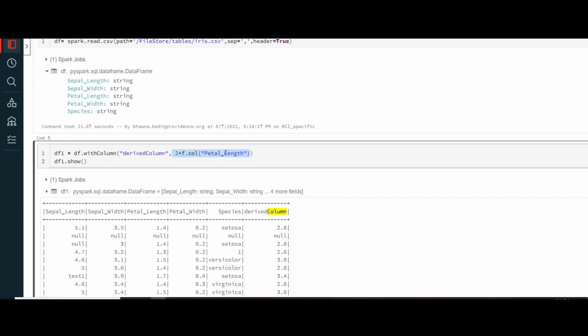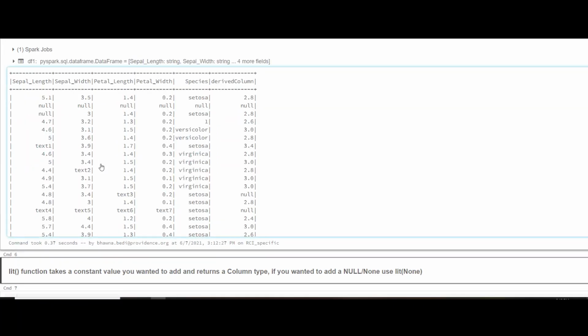I have taken the petal length column, and I just want it to be multiplied by 2, so I am keeping 2 here and this symbol for the multiplication. Now the col function is what I have imported from pyspark.sql.functions, and using this col I'm fetching petal length from my data frame. This is how it works. Let's run this and see how it works.